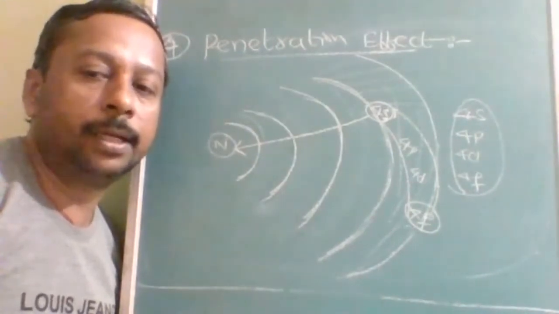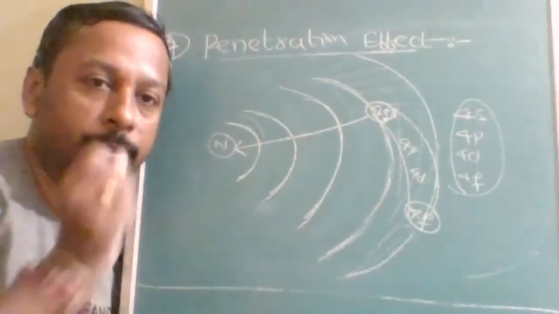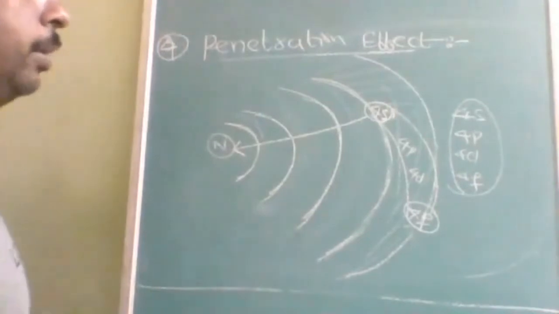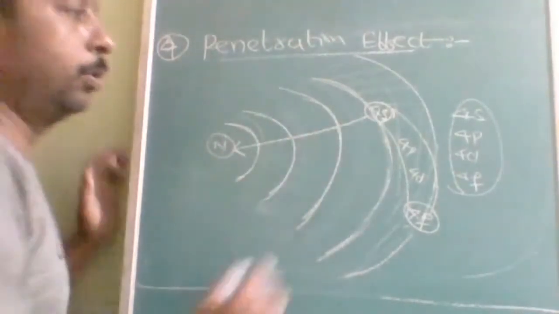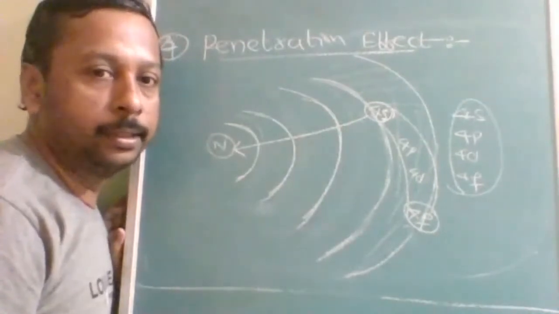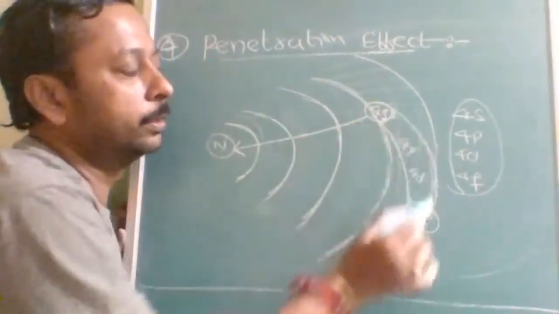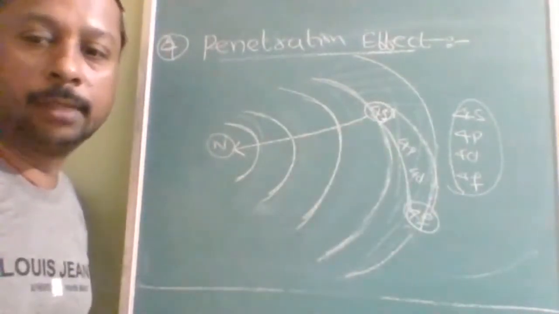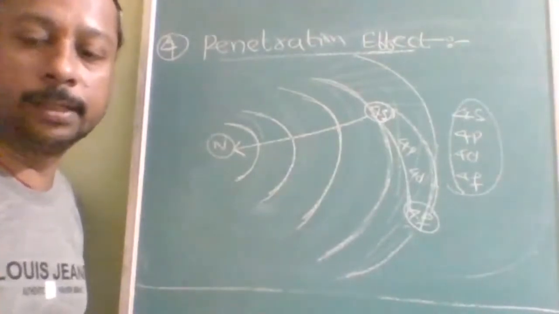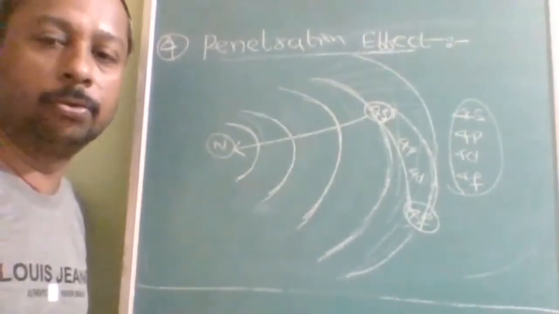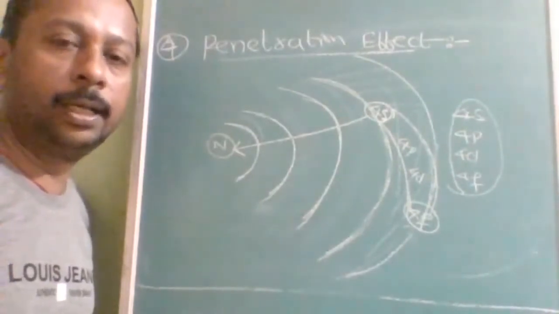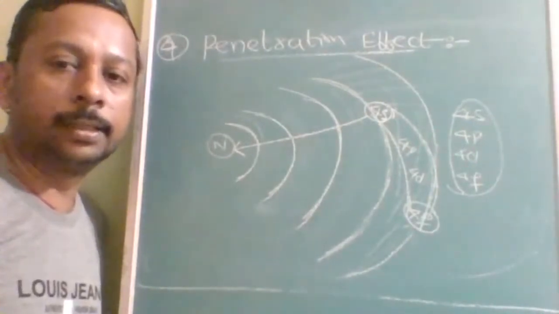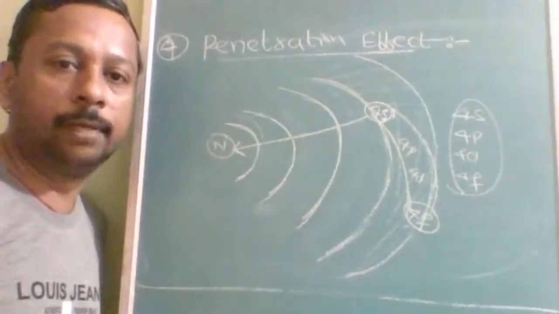That means penetration effect and ionization energy, how are they proportional? Inverse proportional. More penetration, sorry, direct proportional. More penetration, more energy required. Is this understood? Why is it? This is the distance. 4s is less distant from the nucleus and 4f is more distant from the nucleus. Okay, because of that, it becomes very difficult to remove the highly penetrating electron. What is the highly penetrating electron? That is none other than the s subshell. Okay, the s subshell electron is very difficult to remove.